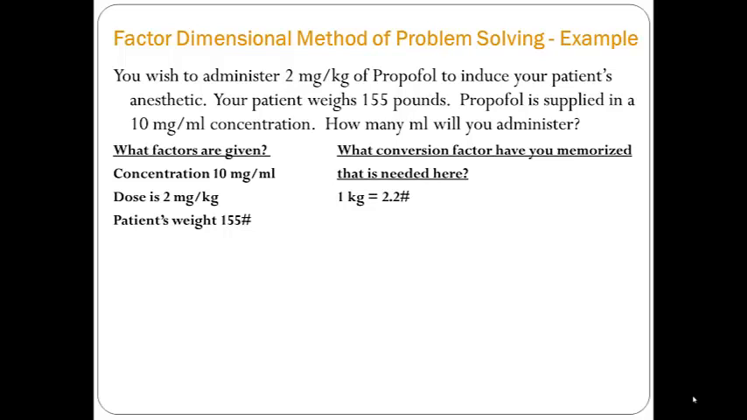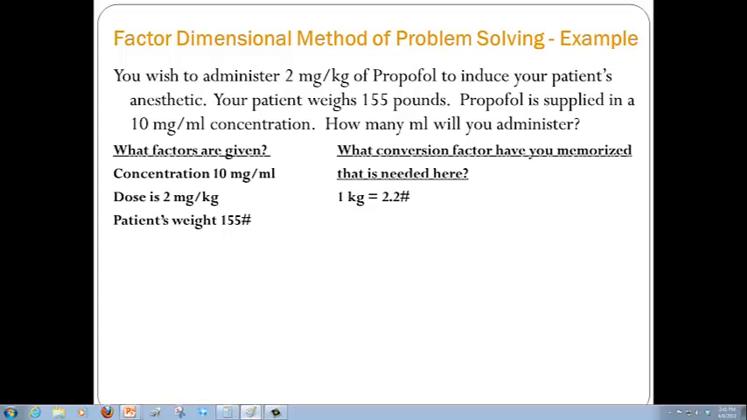The first thing you need to do is go into the story problem and pull out the factors that are given. We know that the concentration of propofol is 10 milligrams per milliliter. We know that the dose that we want to administer to our patient is 2 milligrams per kilogram, and that the patient's weight is 155 pounds. You're also going to need to draw from your memory the conversion factor from pounds to kilograms that you memorized